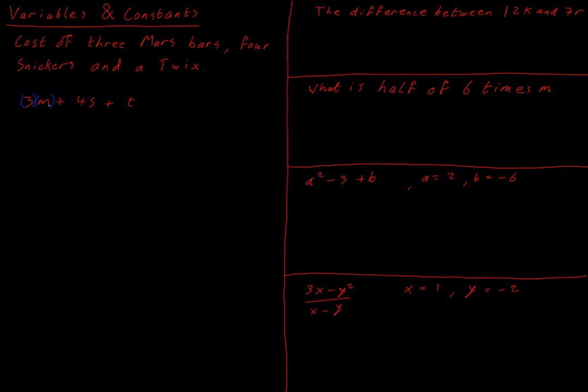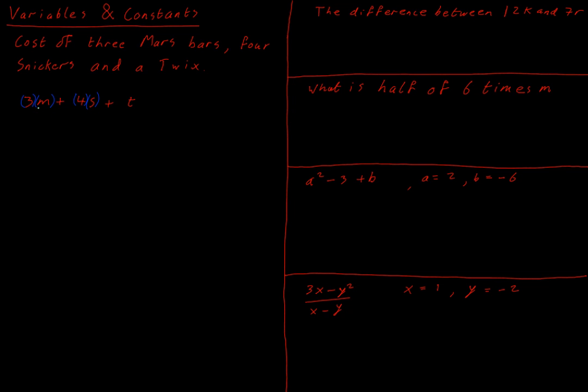3M would mean whatever the cost of 1 Mars bar is, multiplied by 3 to get 3 times that cost. So letters sitting next to each other are multiplied. This is one of our key important features in algebra, and it saves us having to write brackets around everything all of the time. We'll write brackets a lot for multiply in algebra, but we won't do it all of the time. We'll try to avoid it if we can, because it gets annoying to have to keep rewriting brackets